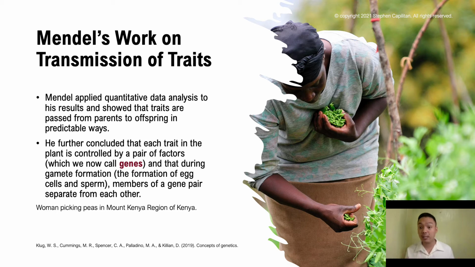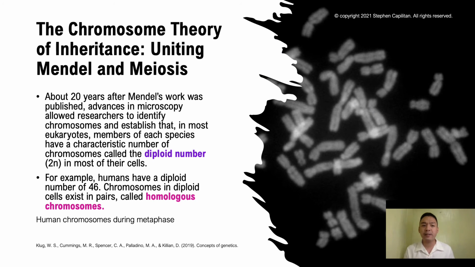Genetics, broadly defined, is a branch of biology concerned with the study of heredity and variation. The chromosome theory of inheritance unites Mendel and the microscopic view of genetics, which is meiosis and mitosis, cell division. About 20 years after his work, advances in microscopy allowed researchers to identify chromosomes and to establish that